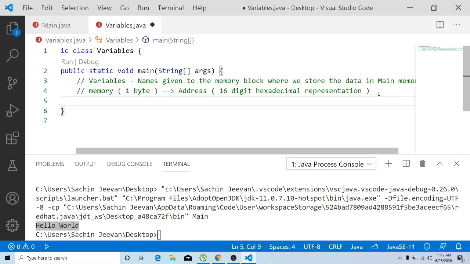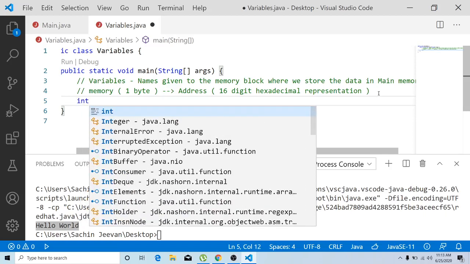To make you understand those things, let us first introduce the data type called integer, that is whole numbers like 5, 6, 10, 20, 21, 22. These discrete numbers can be called integers. How to define an integer? With the help of the data type, you have a keyword called int.